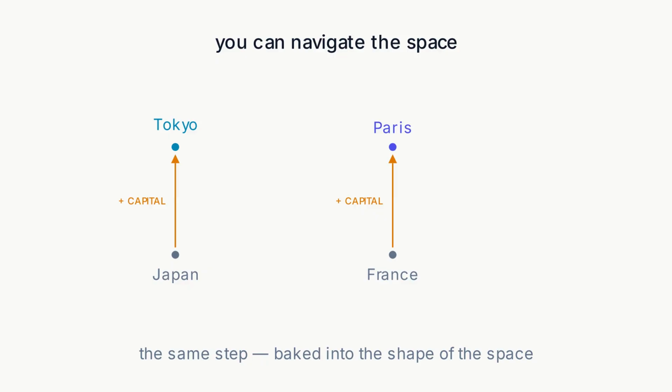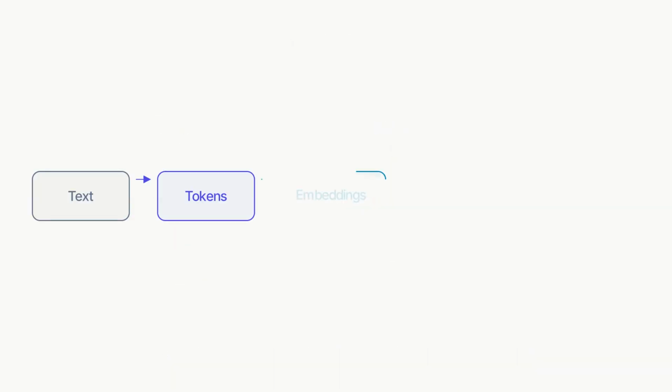Take that very same step starting from France and you land on Paris. The model isn't looking any of this up in a table. The relationship country to capital is baked into the shape of the space itself. And there are thousands of these relationships, all encoded as directions you can travel. So now our tokens are no longer bare labels. Each one is a rich point in meaning space, but there is still one enormous problem left to solve, and